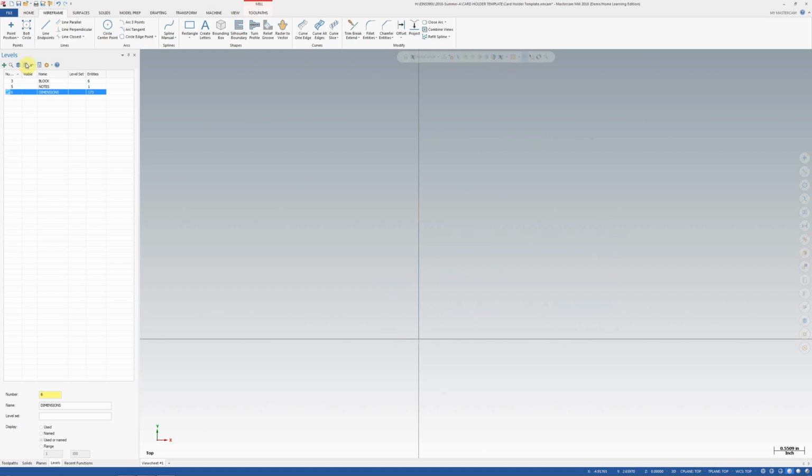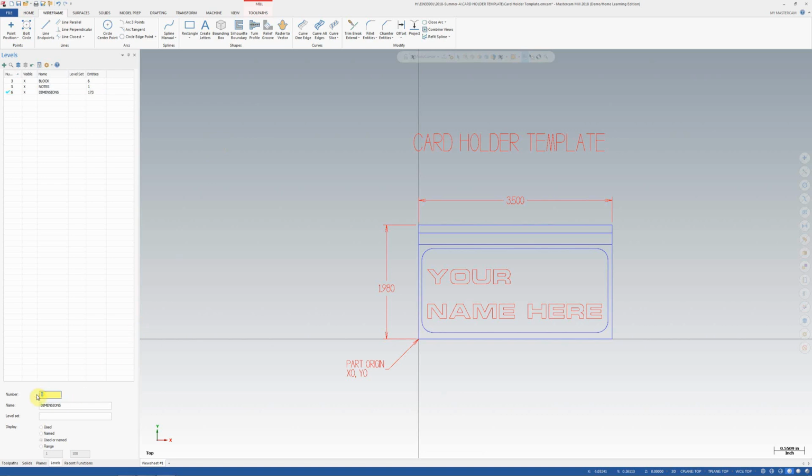If you want to turn everything on, you have this little icon right here that turns everything on or everything off. And in this case, I'm going to turn everything on for a moment, and I'm going to create a new level because when I bring in this graphic, I have no idea what size it's going to be, and it might just place it right over the whole drawing, which would make it difficult for me to separate it and size it. So I'm going to go down here and create a new level, level 7,